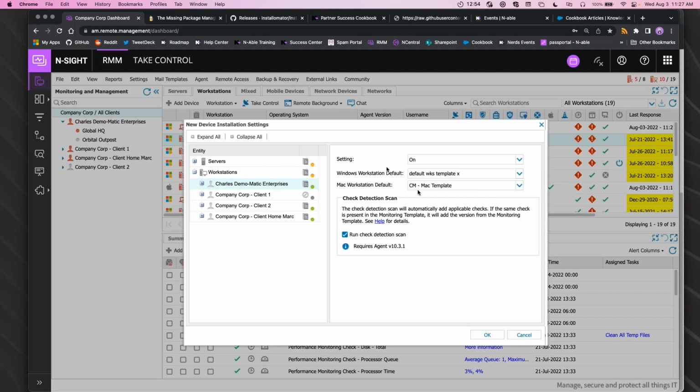But basically what that does is it overrides what the MSP level setting is, or it can inherit it. So whatever the parent level, the level up one, is doing, it can inherit it, or it can override it. So the idea of having multiple tiers, where I have a general setting where all of my customers get these checks, and then these customers also get these checks, and then these sites, in addition to those, also get these checks, that sort of additive process,